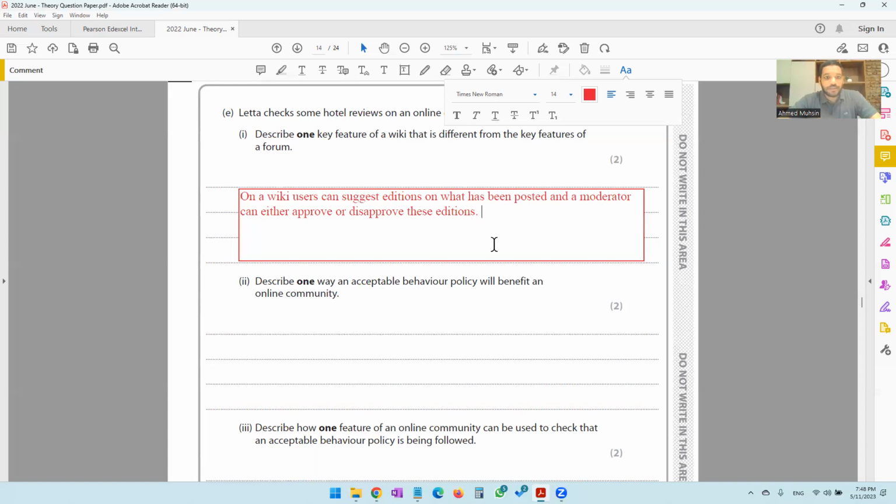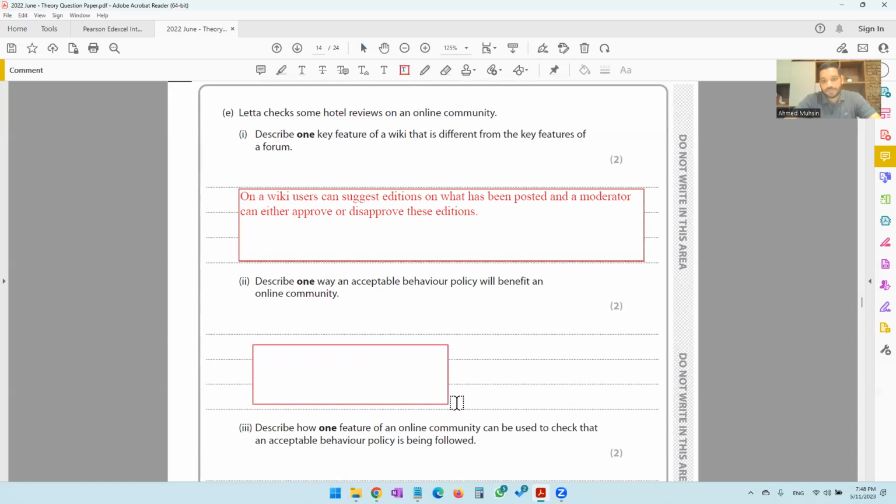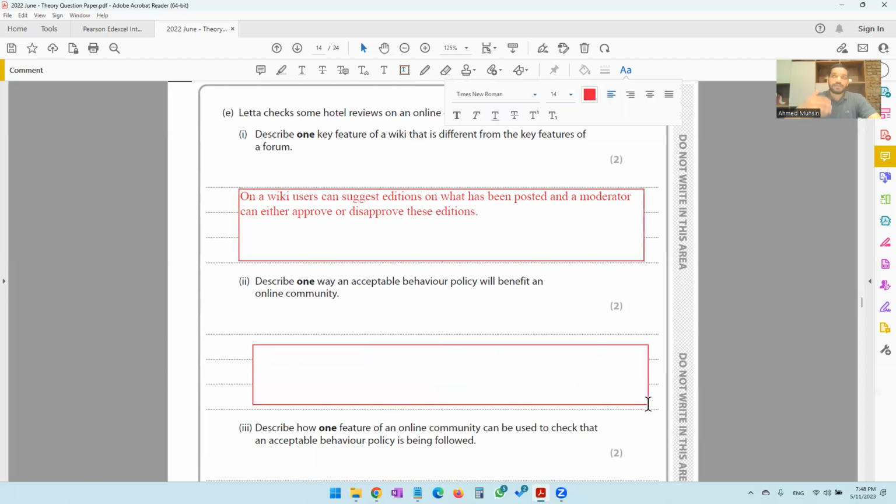Describe one way an acceptable behavior policy will benefit an online community. We know what a behavior policy is. A behavior policy basically tells users what they can do on this community, and what they are not supposed to do. It also states the penalties if they violate the rules. So you can simply say: